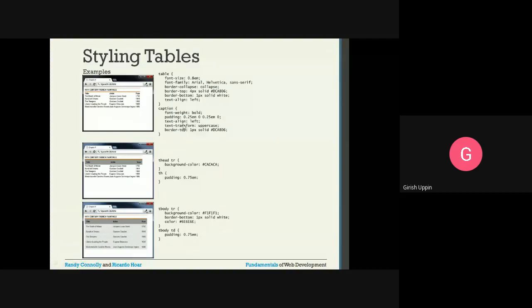Text-align, left aligned, you can see this particular caption is left aligned. Text-transform, uppercase. So the caption is represented in uppercase. And border-top, 1 pixel solid and some other color. So if you see here, on top of this caption there is a line, that is 1 pixel solid and this particular color. Let me see, I have that example.